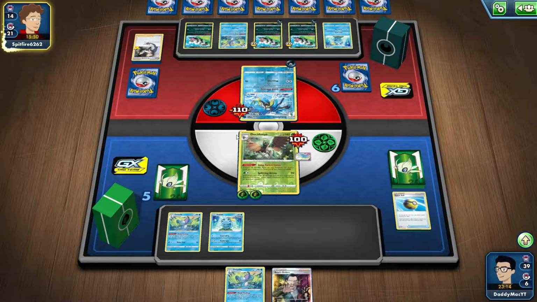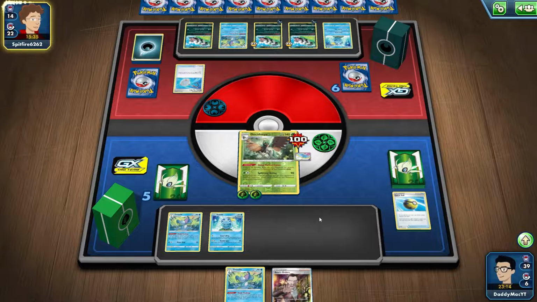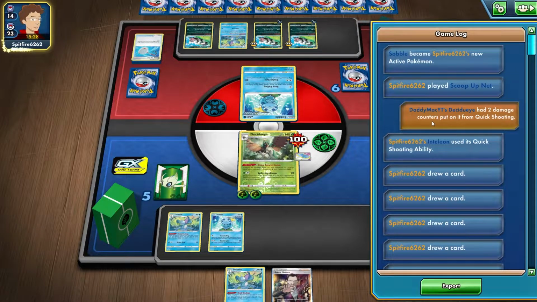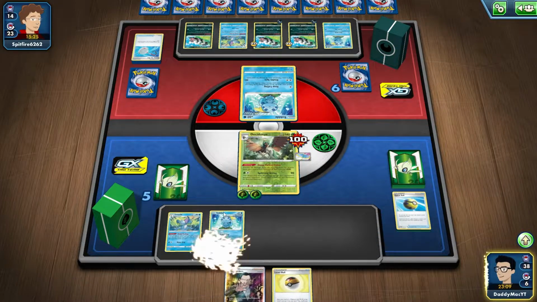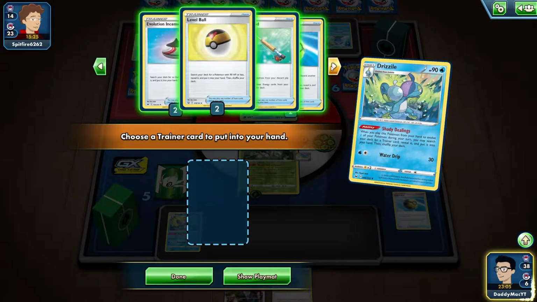I really need to get rid of this Inteleon next turn, especially because I'm running out of Decidueye. I don't know, man. Running Inteleon and Decidueye is a little bit tricky. It's a little hard, if I'm being honest. He's gonna go ahead and hit me with, oh no. Why would you attach an energy? Didn't he attach an energy to it this turn? Drew a card, drew a card. That's kind of odd. That's very odd, actually. Yep, we're gonna go ahead and bring in...